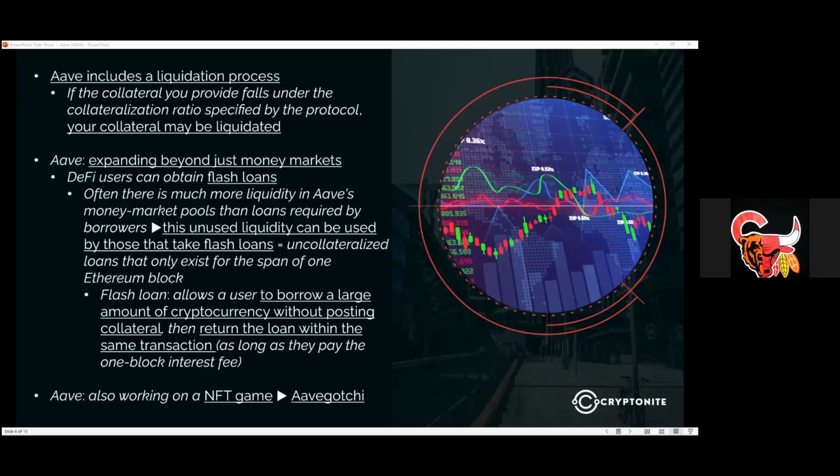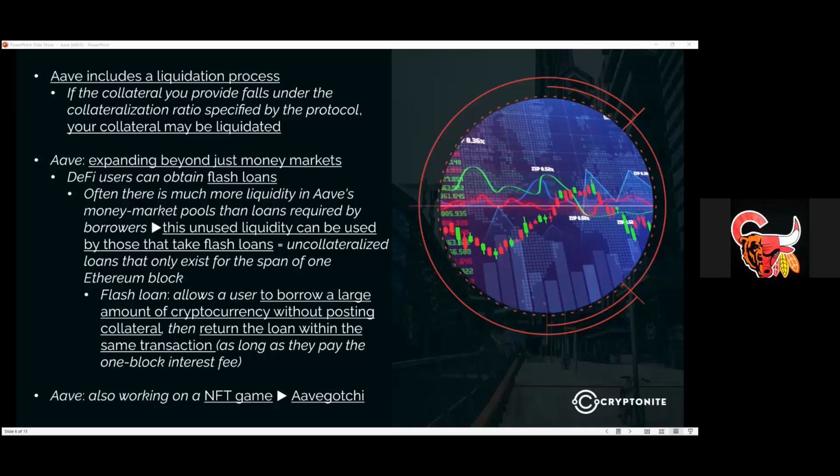So usually what happens on those instances is they don't call you, but they send you messages throughout the platform, and they say, please put more collateral, or we will have to liquidate your collateral to make sure that we can cover your loan. So those are really bad. That's why borrowing money in a bear market is always an extremely risky proposition, and you gotta be really careful with that. So the other thing that they did beyond the money markets is they did the flash loans,